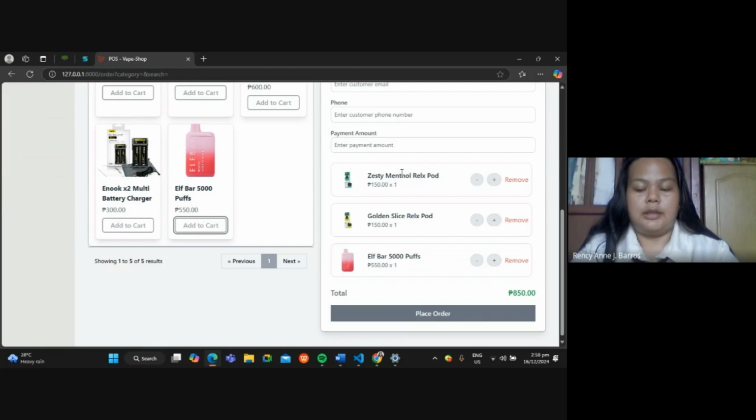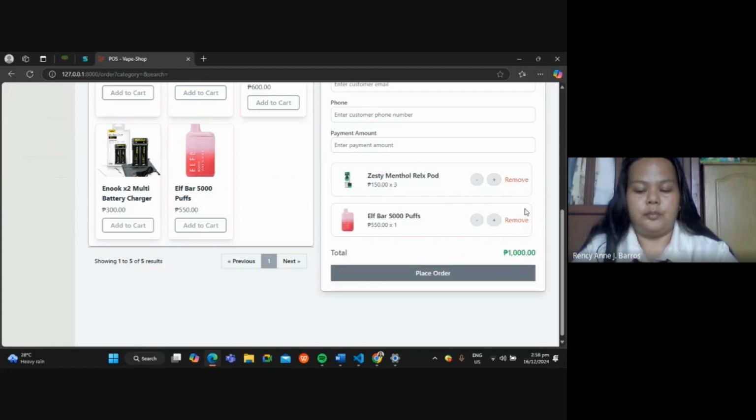You can select the desired quantity for the product and add multiple products if necessary. To remove unwanted items, delete them from the cart. Ensure the quantities match the customer's request before proceeding.